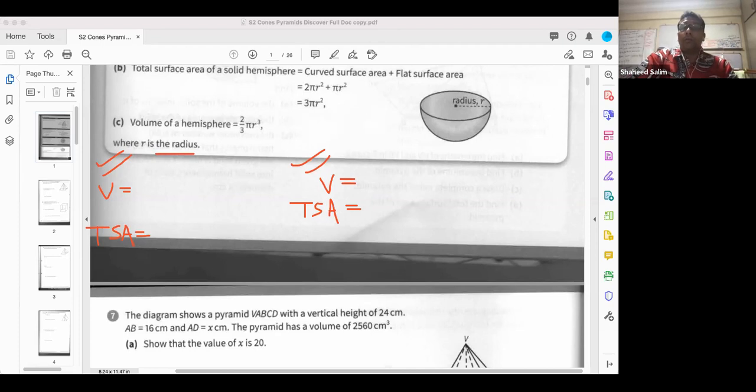Those of you who have forgotten the formula, I'll write it down here. Remember, at exam time, they might not give you the formula. I don't think they give you the formula, right? I've seen some exam papers where they give the formula. So TSA for